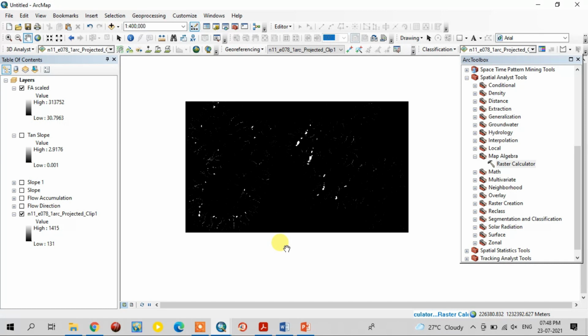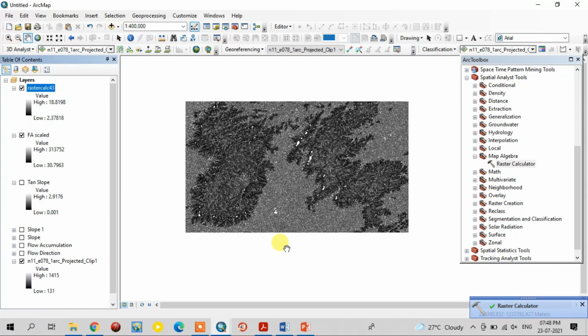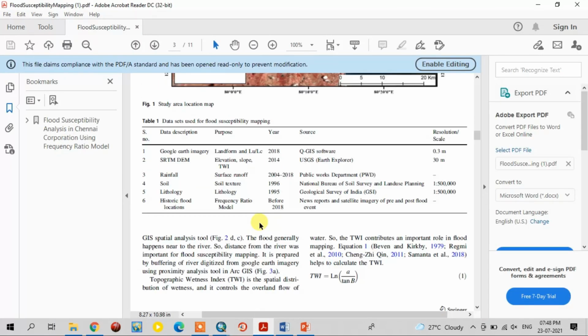The last step is running. See, this is the value: the lowest value is 2.37818, the highest value is 18.8198.